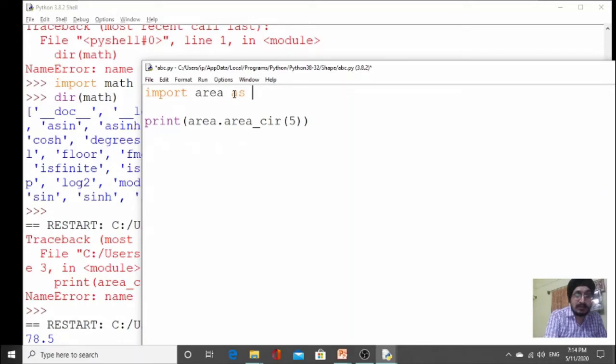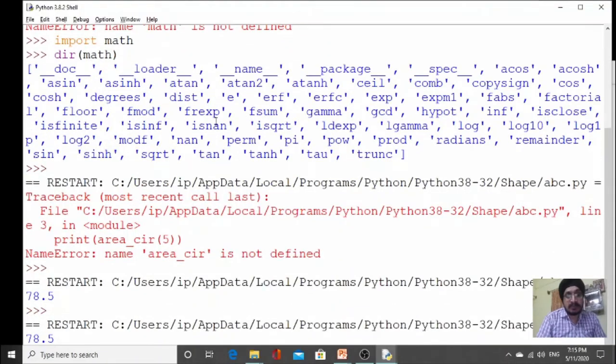So we can write like this: import area as a. So we are making an alias a for this module area. Instead of writing area, if you are using a, that will be considered as area. Now run this program and you can see 78.5, that is your result.